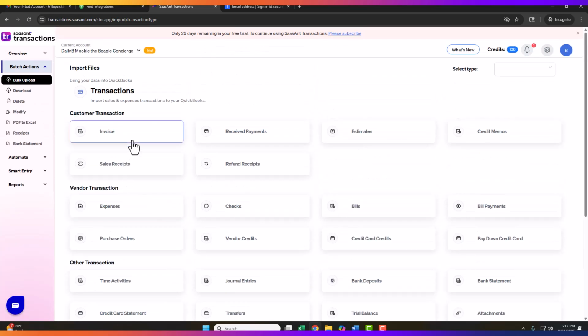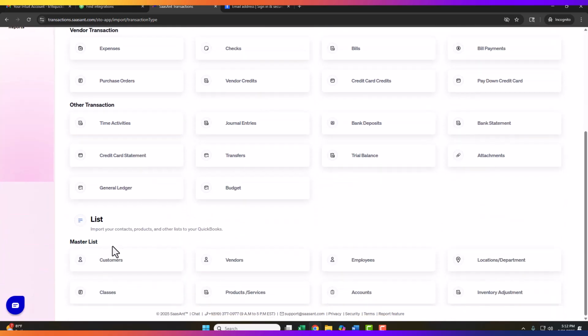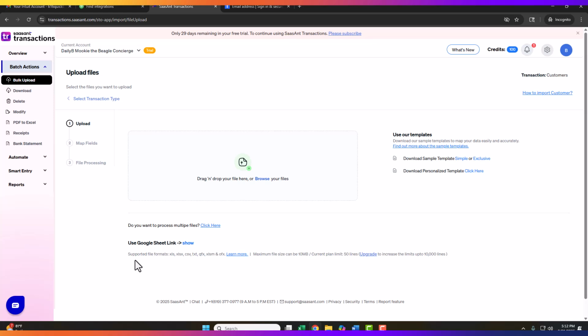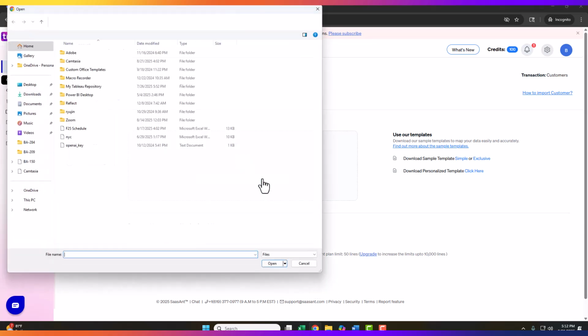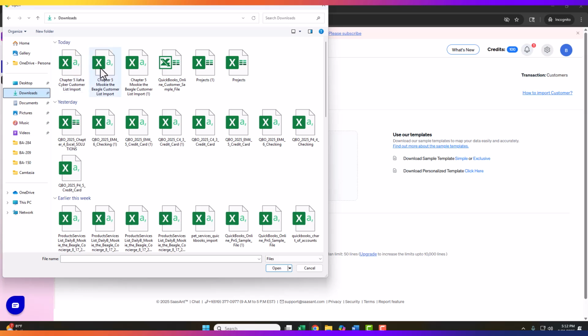and then I'm looking at these different types of lists or transactions that I can import, and I'm going to scroll down to lists, and what we are bringing into the system is a customers list. So I'm going to select that, and here's where we'll browse for that file that we downloaded earlier from the Canvas page. So browse for files. I've got it in my downloads folder there, and it's the chapter 5 Mookie the Beagle customer list import. Select that,